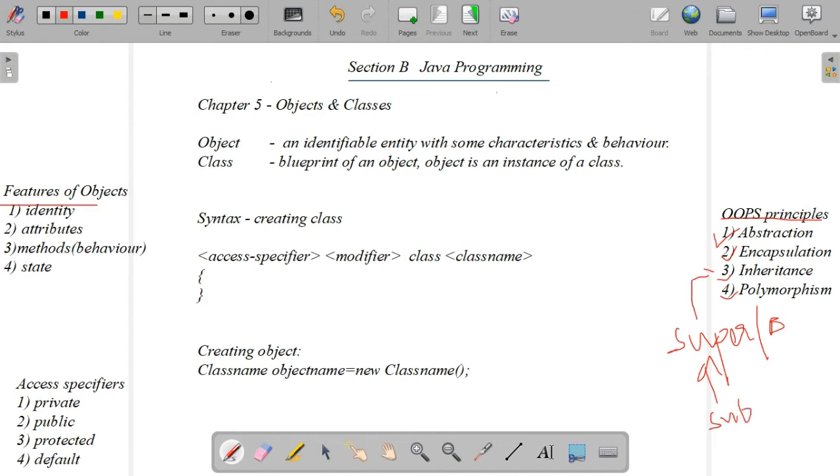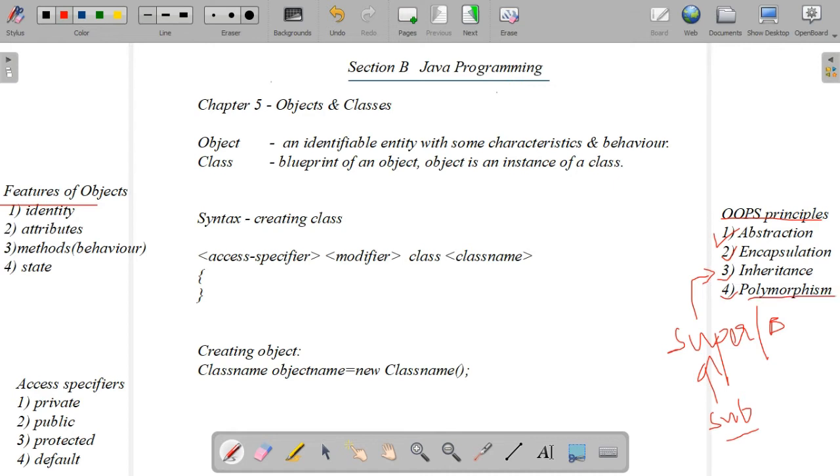The class which is inherited is known as the superclass or base class. The class which inherits another class is known as a subclass. Other names of a subclass are derived class or child class.